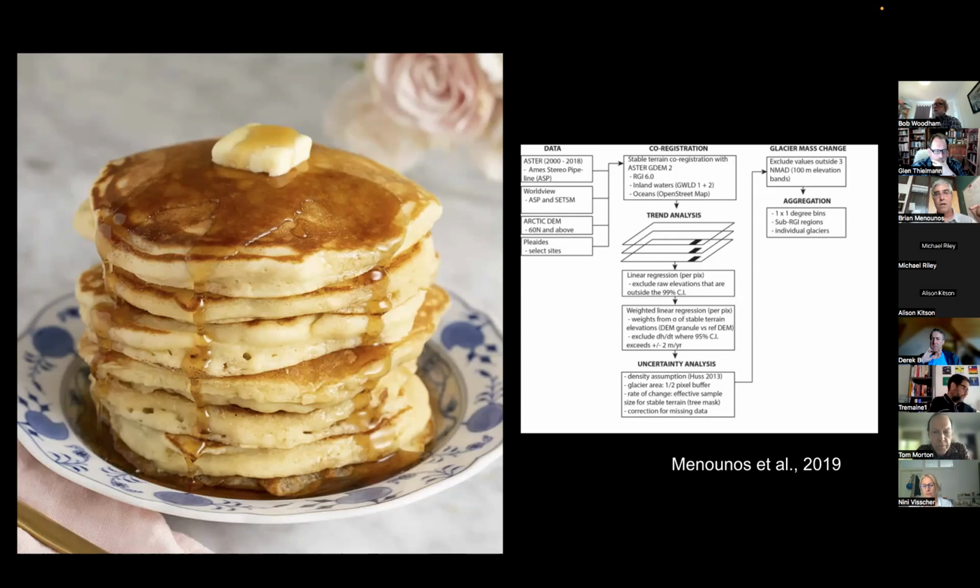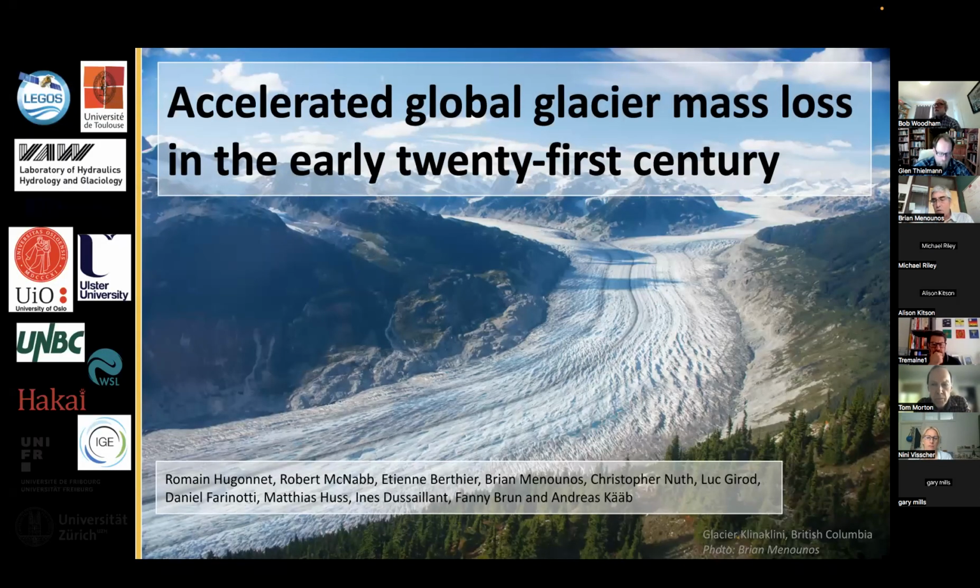Those trends could be surface optical properties. It could be elevation change. I'll give you an example of elevation change to illustrate my point here. But this whole idea of using one or two scenes to say something about what has gone on has almost become a bit passé with the amount of data that we have now at our disposal. And so with that, I'll give you an example of one of the studies that I was part of.